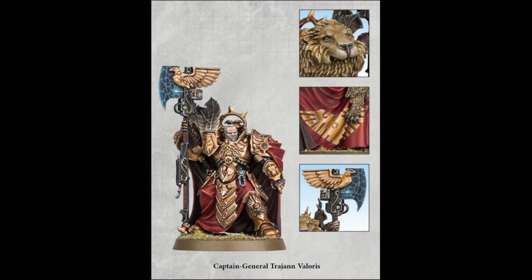Okay, so he's got a pretty standard Custodes line. He's got 6-inch movement, weapon skill 2 up, ballistic skill 2 up, strength 5, toughness 5, 7 wounds, 5 attacks, leadership 10, and a 2-up save. He's equipped with a Watcher's Axe and Misericordia. And of course you can only have one of them. Misericordia? Yeah, Misericordia. It's a little dagger